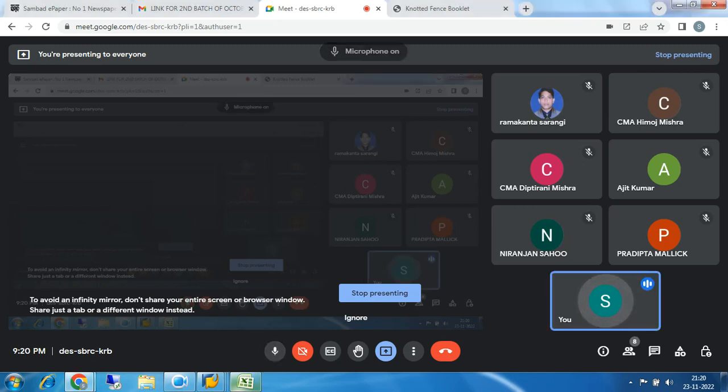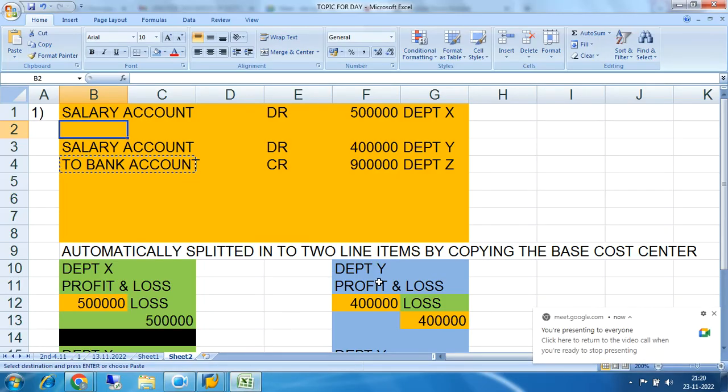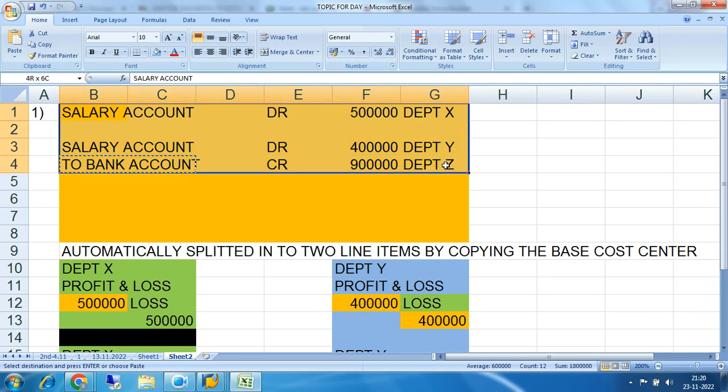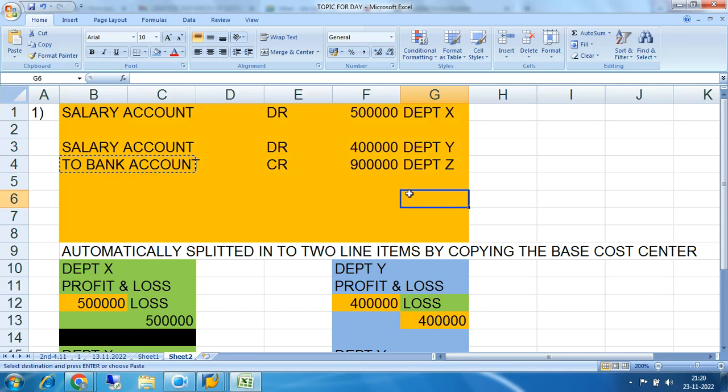Okay fine, welcome back. So in this case the most important thing is how we can prepare the department X, department Y and department Z balance sheet and profit and loss account. How these things will be made. See, in this case, even if the user will pass only these 3 line items, however, once we save these line items, then there will be